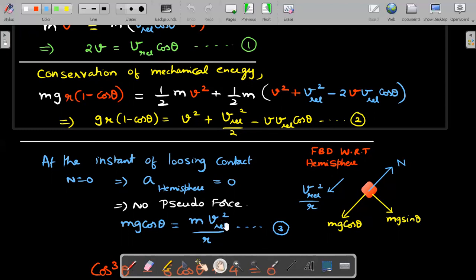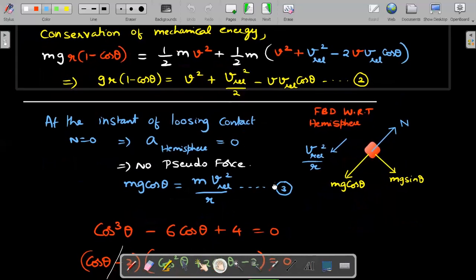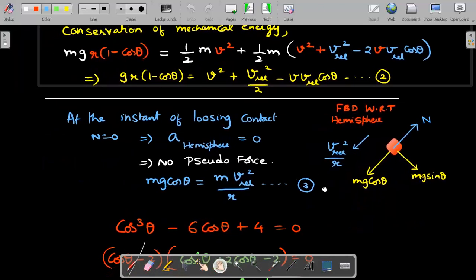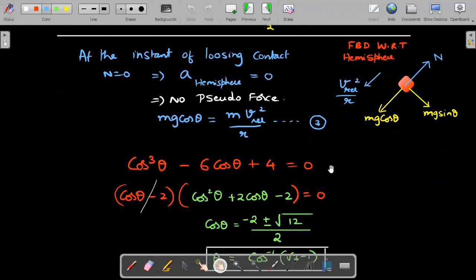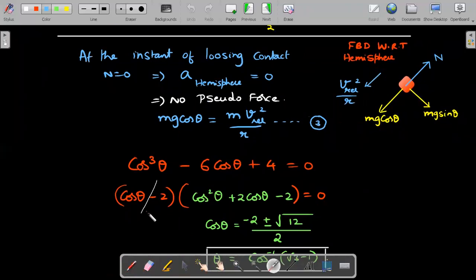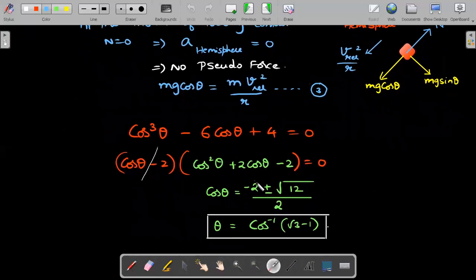Okay, right. So when you rearrange, I've taken out the calculations, right? So this and this, when you substitute v relative into this and then back into this, and rearrange, you get a cubic in cos theta. Okay, but it's a nice cubic. It's not a dirty one. The cubic could be easily factorized. I could search for 1, 2, minus 1, plus 1. I could easily see that it is factorizable with this. And this is not zero, right? Because cos theta can't be 2. I can cancel it out and I end up getting a new beautiful quadratic, and of the two roots, one is not plausible because cos theta has to stay less than 1 and greater than minus 1. So I end up getting this angle.